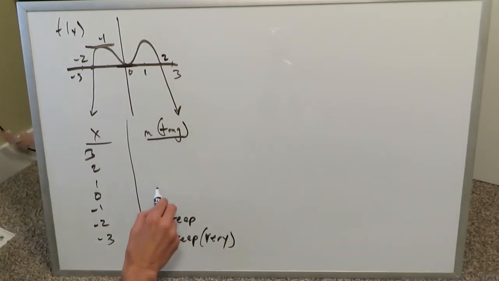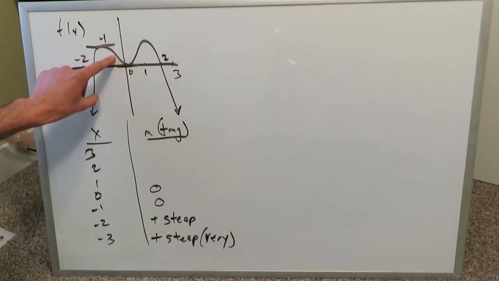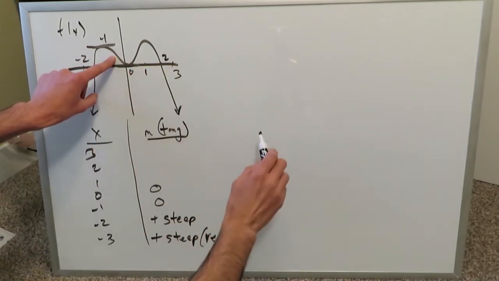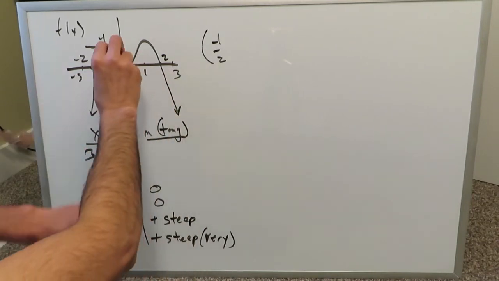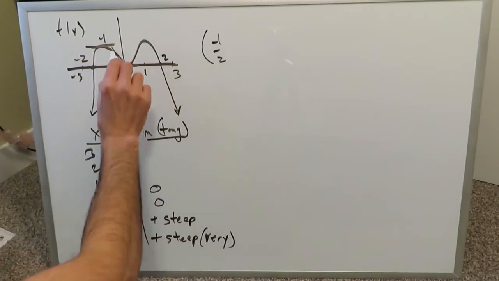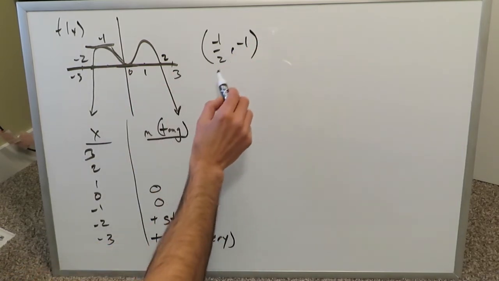Horizontal line, so it's 0. I could have probably picked a value right over here, like a minus half, because at a minus half, let's just add this other point right here. At a minus half, if I were to draw a tangent line, I'm getting a slope of a minus 1,